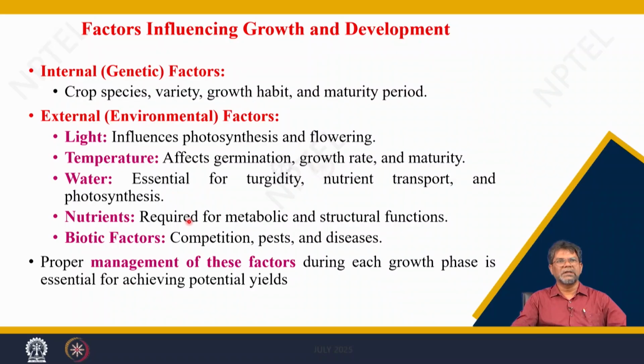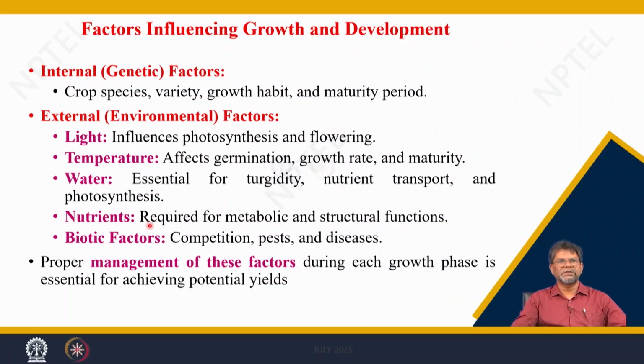Then water is essential for nutrient transport and transpiration, where transpiration is a productive loss of water. The plant must transpire, because through transpiration the plant can regulate the canopy temperature. With climate change and high temperature, if you keep irrigating and keep the soil moisture at proper optimum conditions, the crop can survive the high temperature, because it regulates its own temperature. So it depends upon water, because water availability leads to turgidity and nutrient transport.